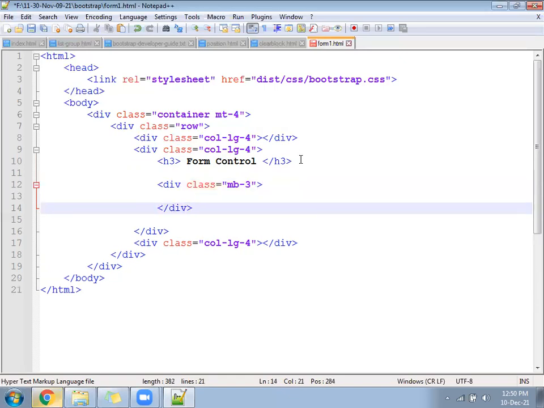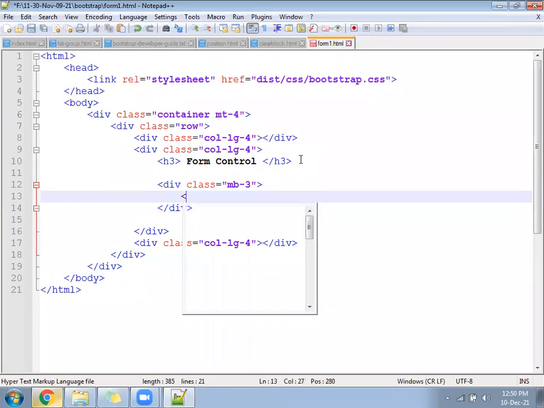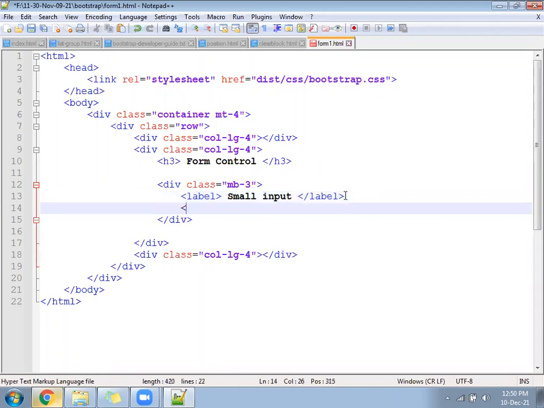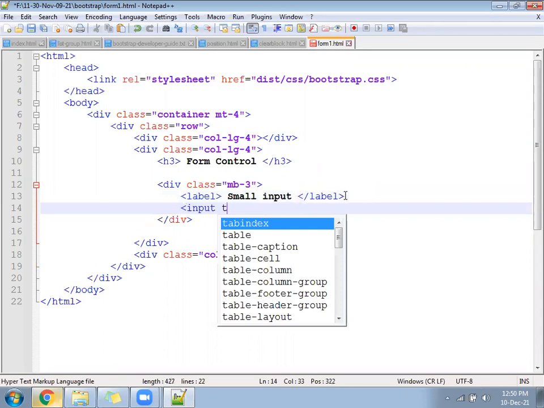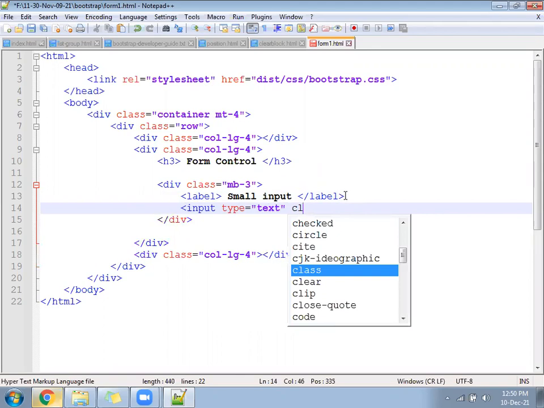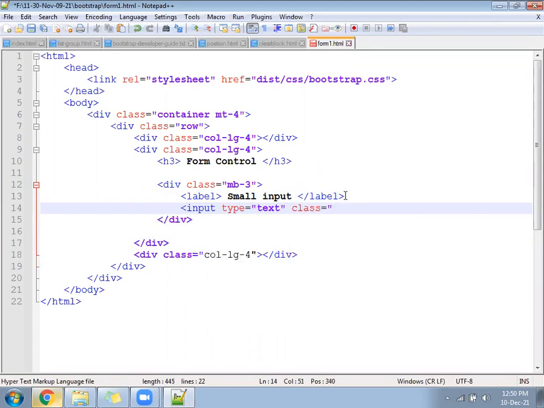What will that division do? mb-3 will give the margin bottom, not 3, but 16 pixels. Let's keep a label, a small input, input type equal to text. Check without the class first, to see how that looks.